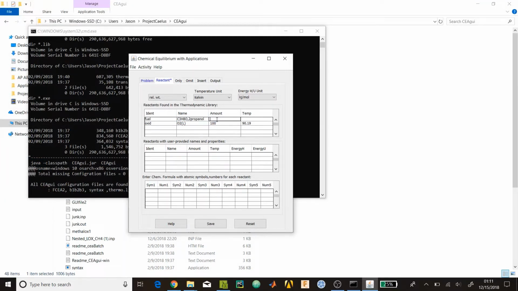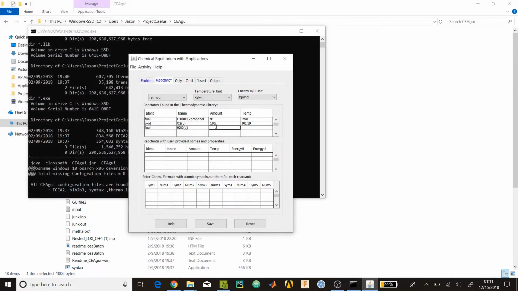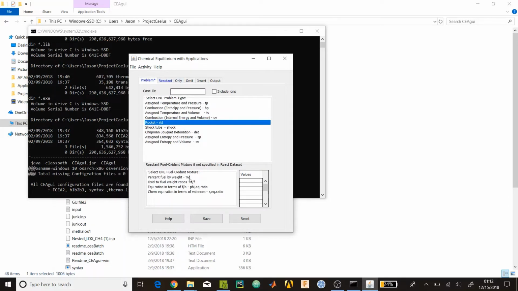Relative amount. Now, normally isopropyl alcohol comes in 91% dilution, so what we can actually do is put 91, because relative to the liquid oxygen, it's only 91. It's liquid at room temperature, so room temperature 298 Kelvin, and because it's diluted, we actually have to manually select whatever is diluting it, which is obviously water, so H2O as a liquid. 9, because 91 and 9 makes 100, and also 298. So now that you've made your reactants, you can press save, and now you can select your fuel to oxidizer